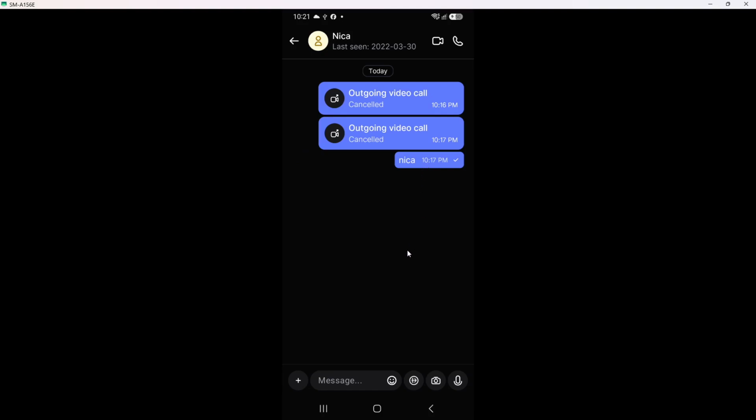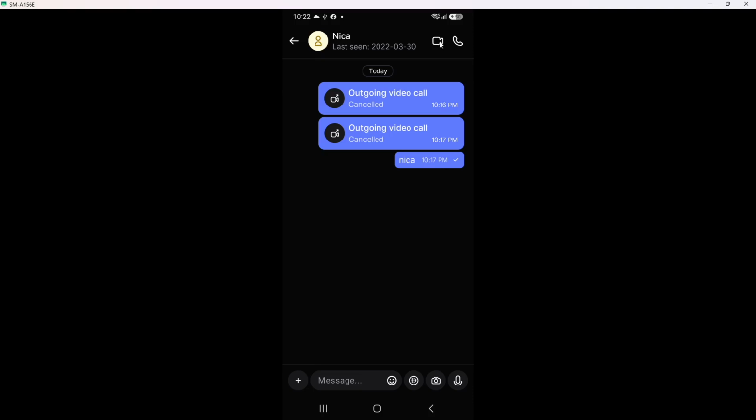Next, look for the video call icon, which resembles a camera at the top of the screen. This icon is typically easy to spot, often located near the text box where you send messages. Tapping this icon will initiate the video call. Once you do this, you might see a brief loading screen as the app connects your call. This action is significant because it transitions your conversation from text to a real-time video chat, enhancing your communication experience.